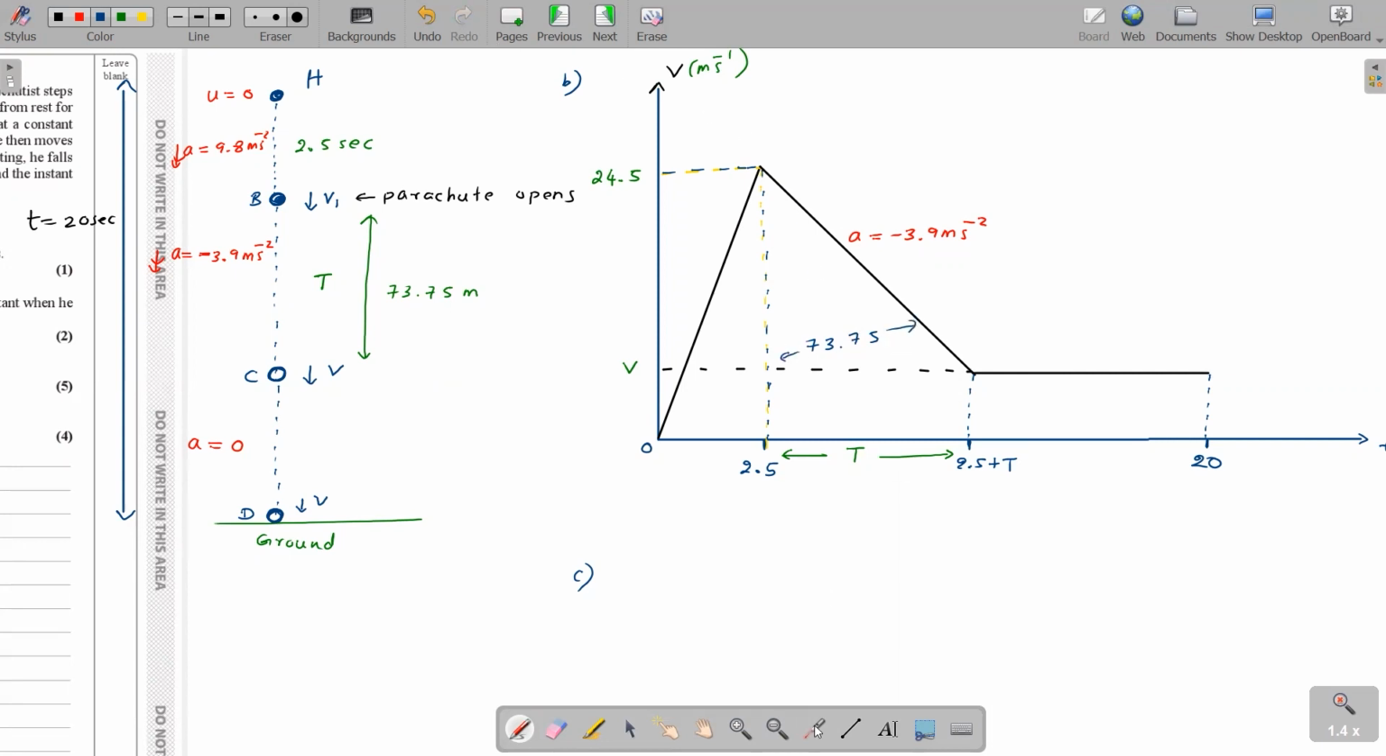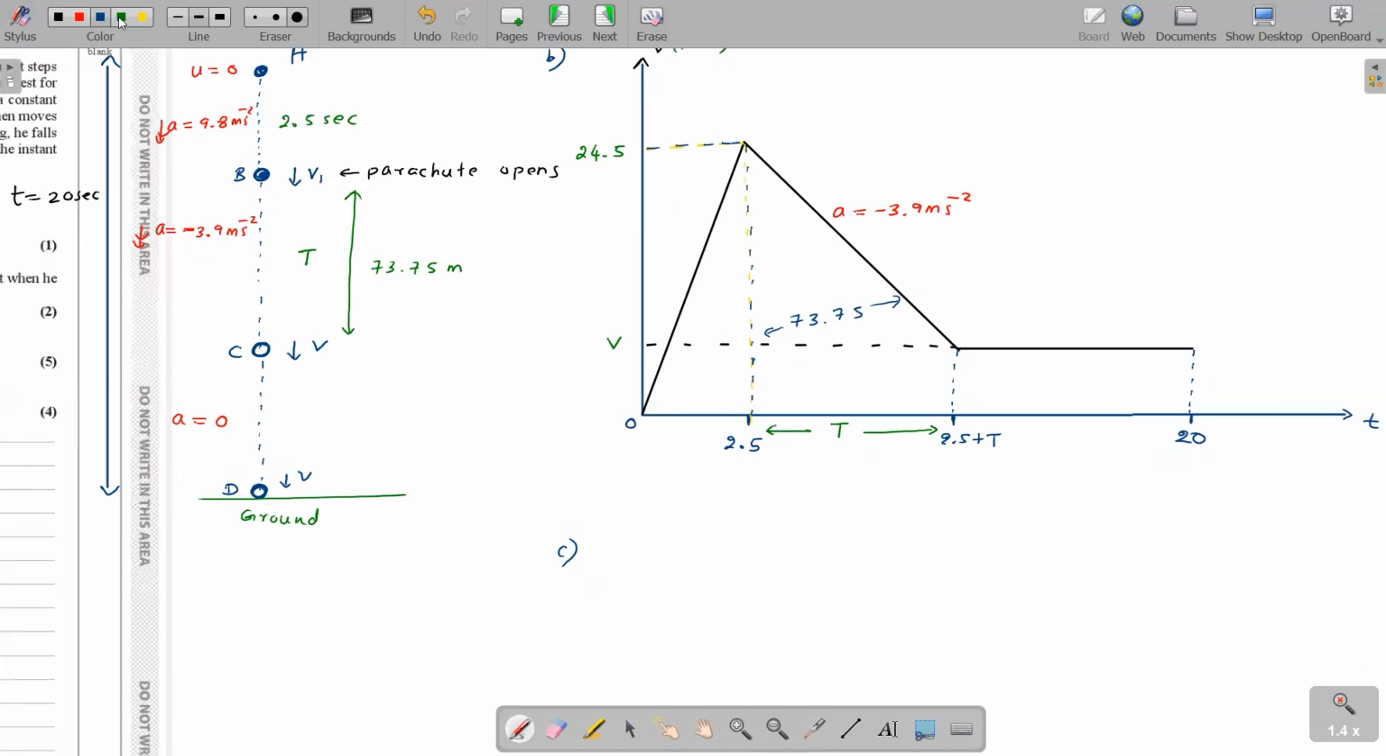Just this section alone, the area is 73.75. So we are going to use all this information together to calculate the value of T. First we'll use the equation. We can find V in terms of T. Shall we find V in terms of T? So for the decelerating section,